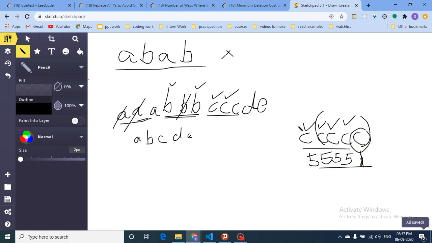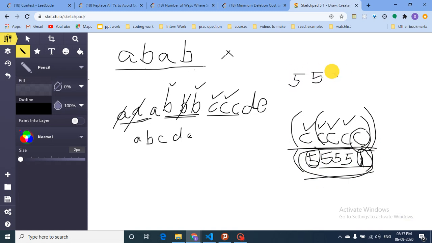So what you can do is find a group of consecutive same characters and their costs, and take all the characters except the maximum one, because you don't remove the maximum. Just like if you have 5 C's with a cost of 5, and the last one is 1.